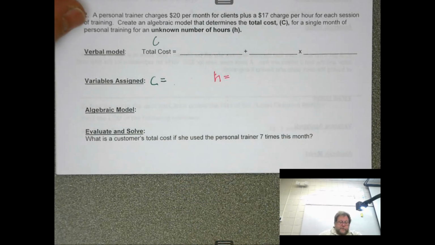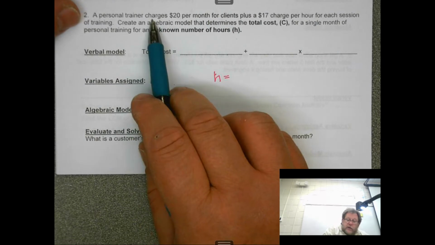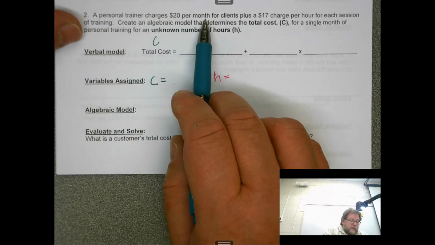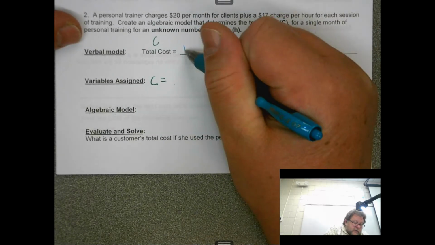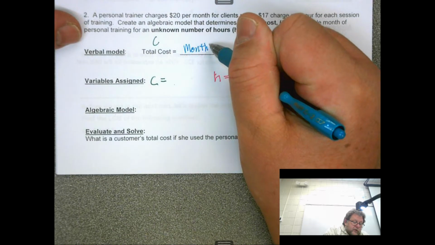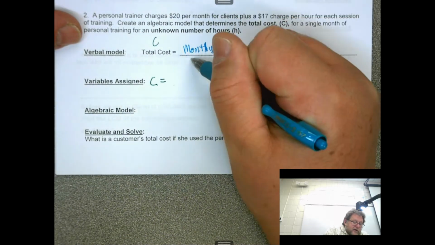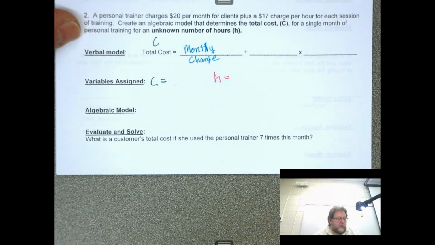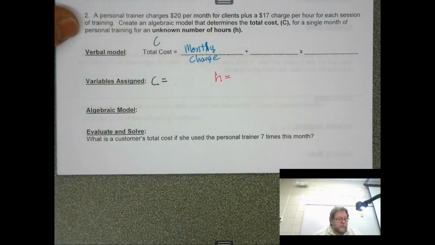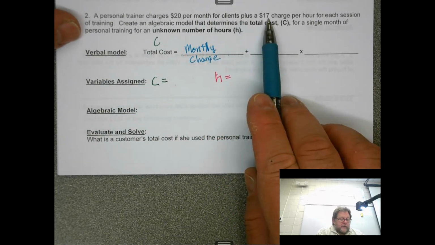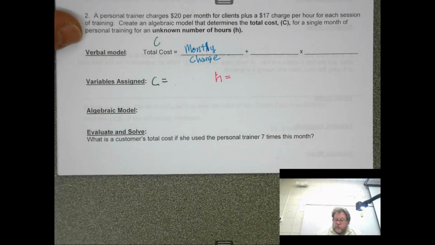So there's a monthly charge for the personal trainer. And we're going to add to it $17. So let's add to it $17, which is the charge per hour. So it's hourly charge